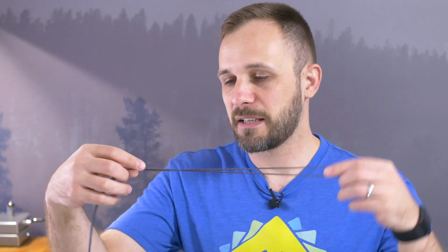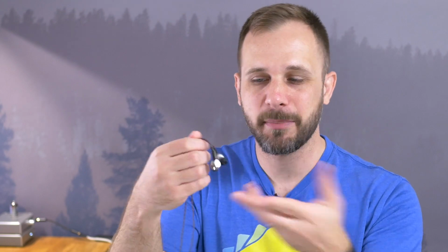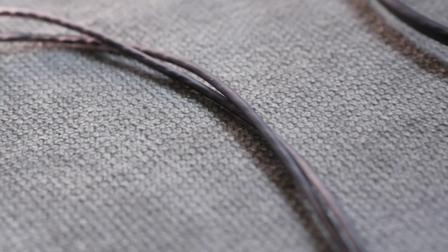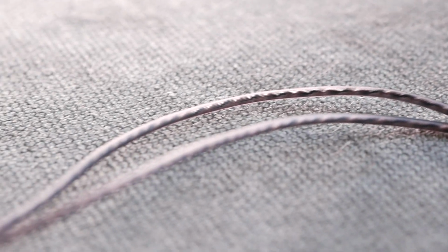The other thing that exudes quality in a way that I didn't exactly expect is this cable here, which is probably the nicest cable I've ever had on an IEM. Now, it doesn't have preformed ear hooks, and that's because this thing is made to be worn either over ear or hanging down. You get the option. I do kind of wish it had preformed ear hooks, but other than that, it's just so nice. It's not like a braided cable. It's not especially flashy. It looks fairly understated, but behavior-wise and drape, it's just perfect. I have no complaints except the ear hooks, but that's not even really a complaint, just a mild